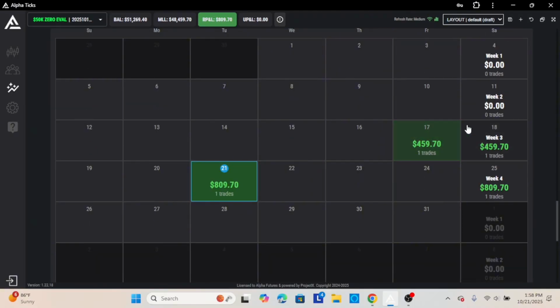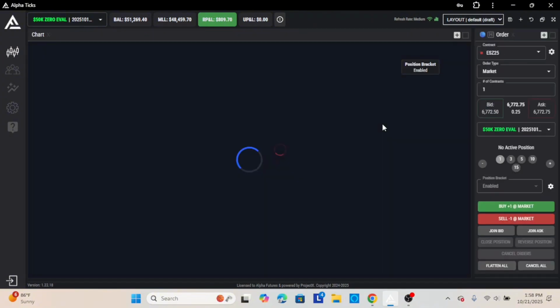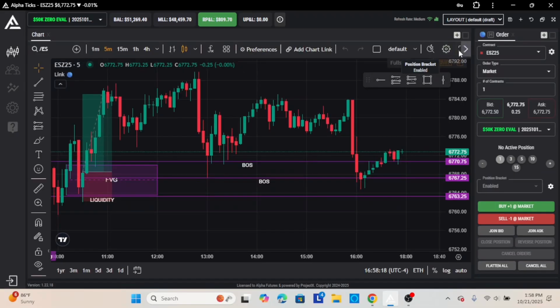This is the trades for this week, and this is the trades for last week. We didn't trade Monday because the whole Amazon surge thing was pretty weird. It was messing up my charts quite a bit. It was making me lag a lot, so I decided not to trade at all.